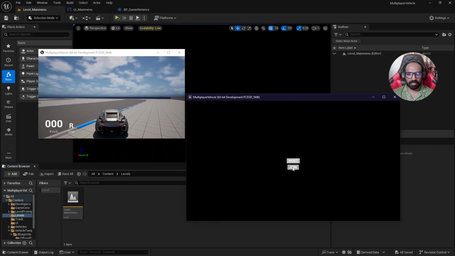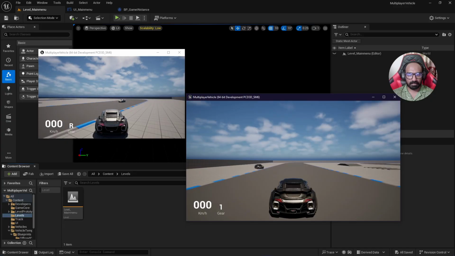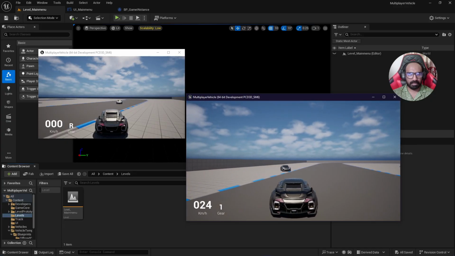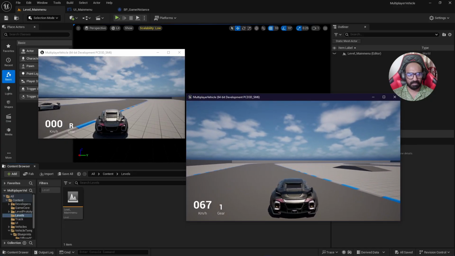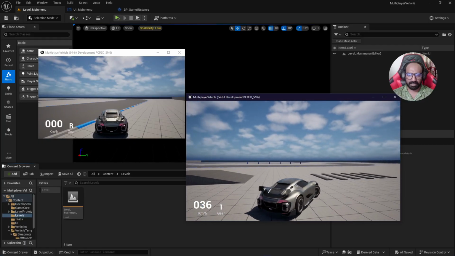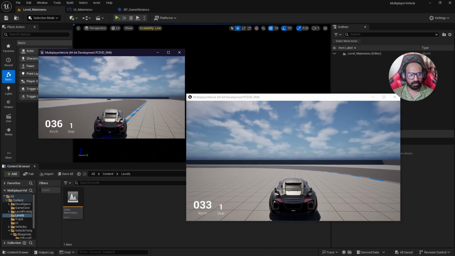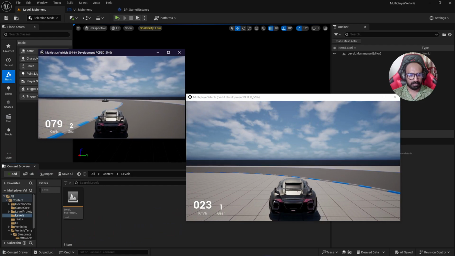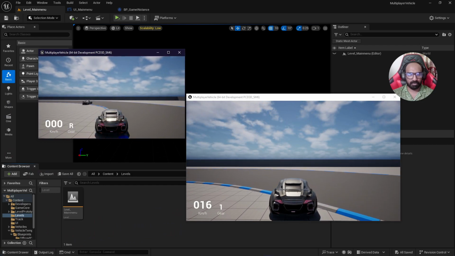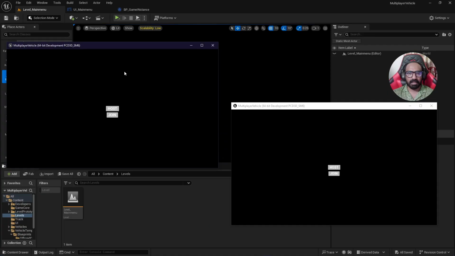Now let's check on join. And the join button function is perfectly working, and as you can see, I can move both of those cars. So yeah, it's working. As we already know, two players can actually join simultaneously and can actually play, but